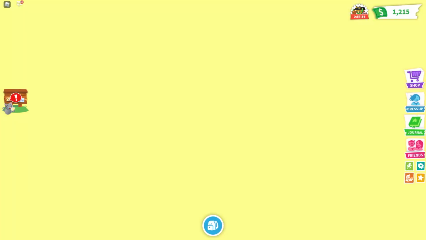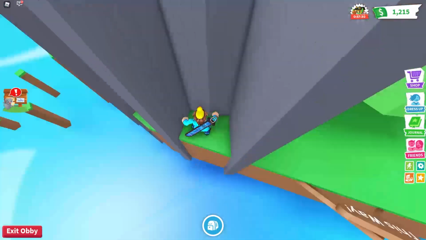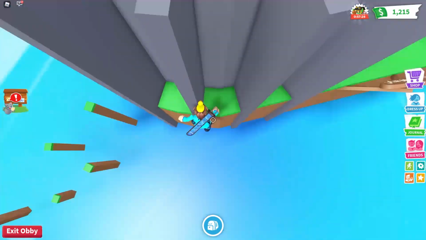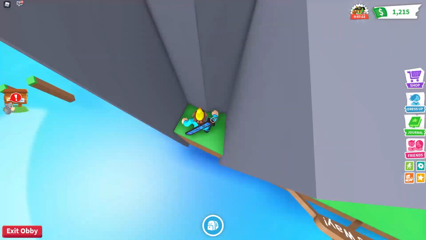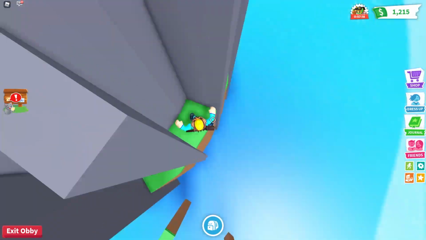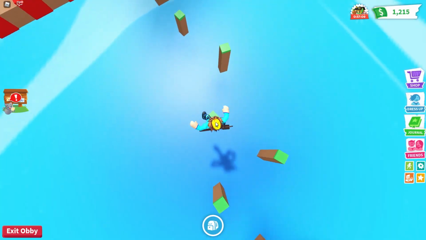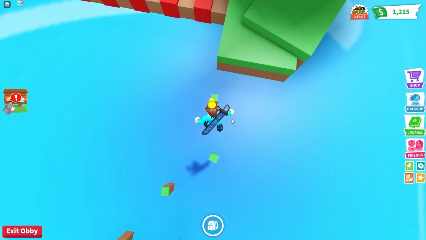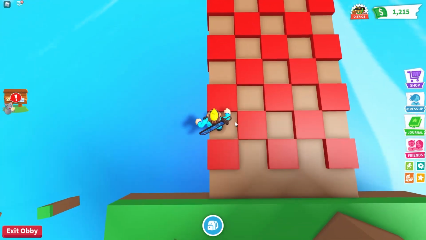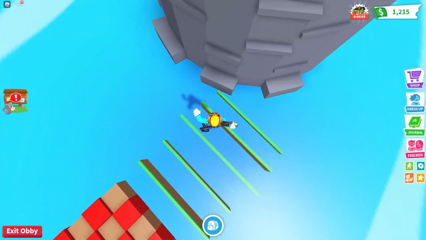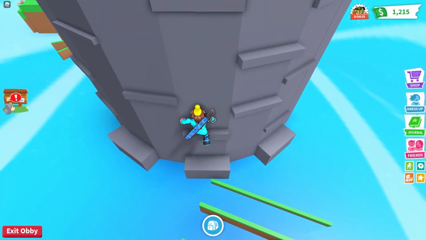So my experience with Tiny Isles, the hardest one in the game, let me turn on shift lock for this. Let's see if I can first try this, although it is R15, which makes it a little janky. So this was before I was really serious about playing obbies. And so this was the first time I'd ever seen any form of wraparound. So I was like, whoa. So yeah, it was super epic when I first completed this, and it was on mobile, of course. Oh yeah, also my animation pack makes this part impossible. It goes sideways so that I'm over this for the maximum amount of time.